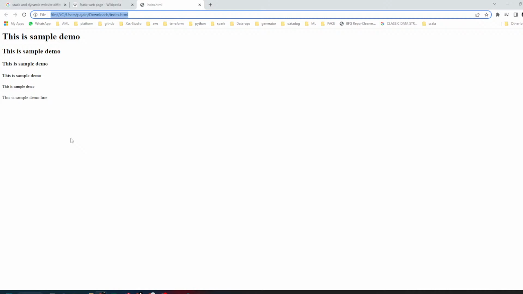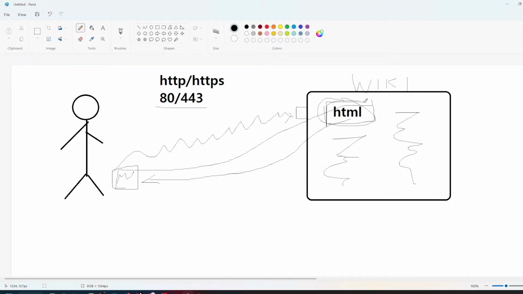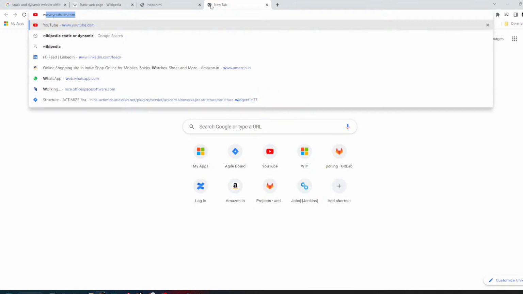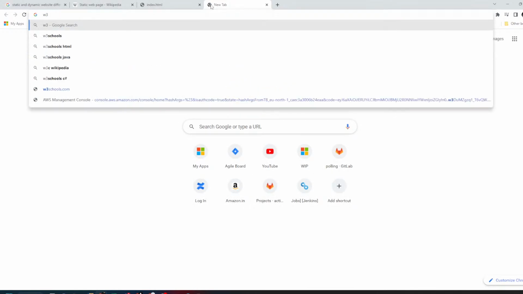This is how the websites which you access on a daily basis are created. What you do is create a file, create a website, and put it on some server like this. When somebody accesses the URL, you transfer that package to the user's laptop and the browser will open it. Now, why all these tags are there, you can learn more about HTML in